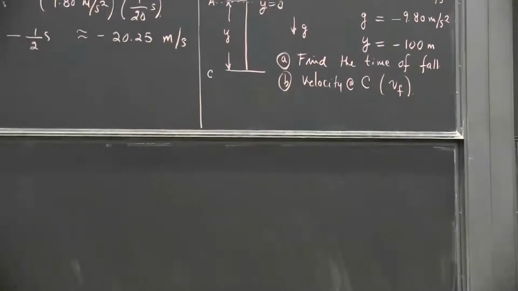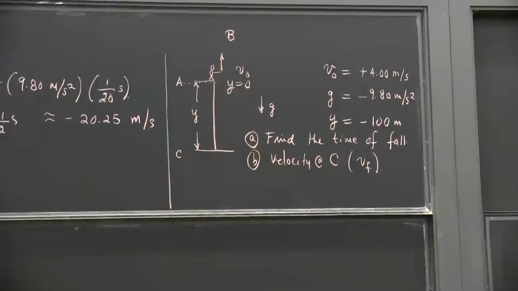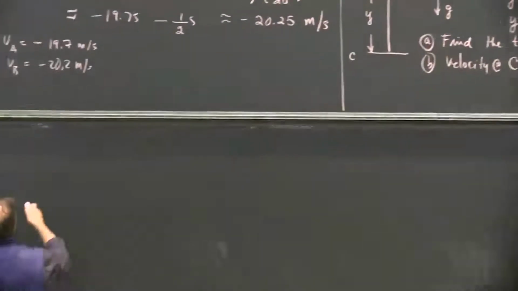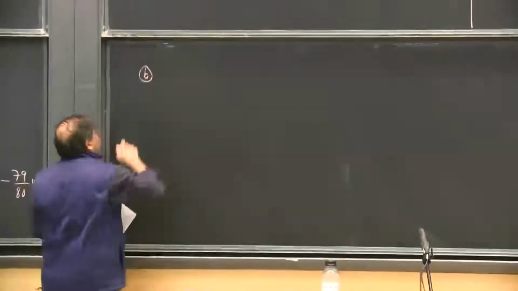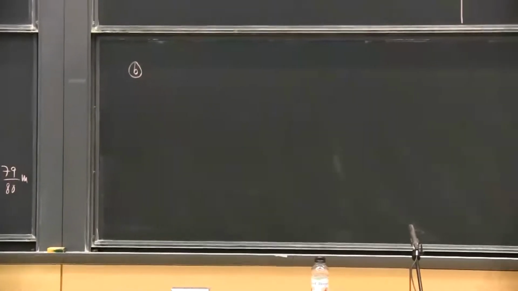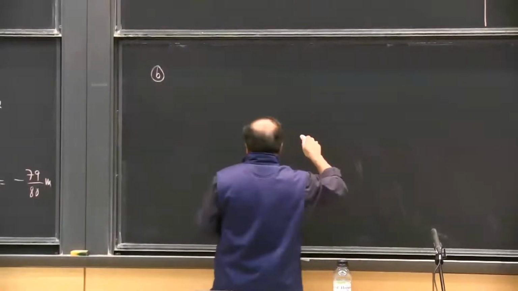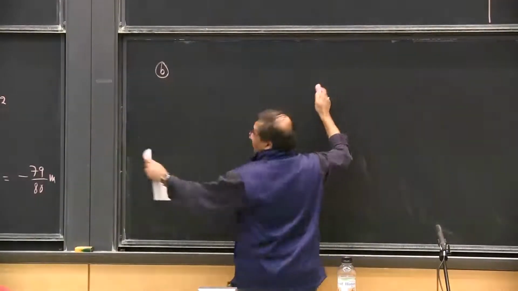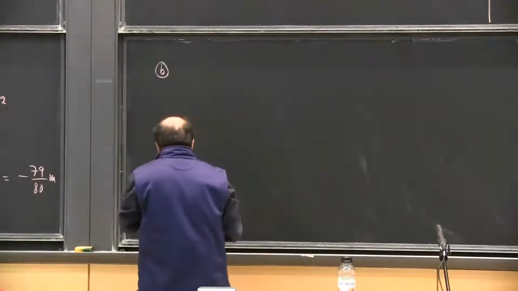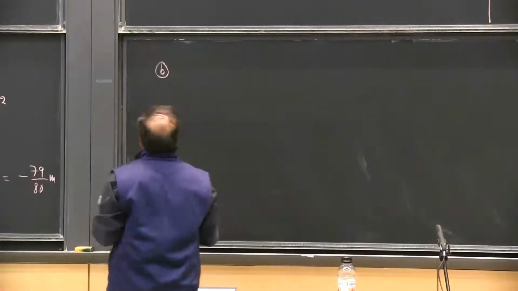So there are multiple ways of doing problems. Most problems can be done in more than one way. In this case, if it's okay with you guys, I'll start with B first, because there is something I want to show you. That's all. So again, let's record what we know. I already recorded what we know there, and the formulas I've already recorded here, so let me not write them all over again. So to find V final at C,